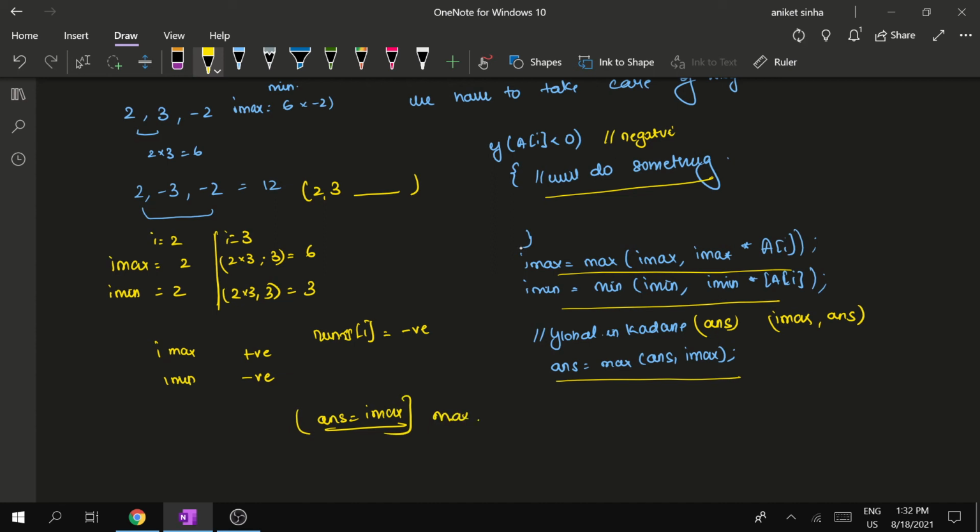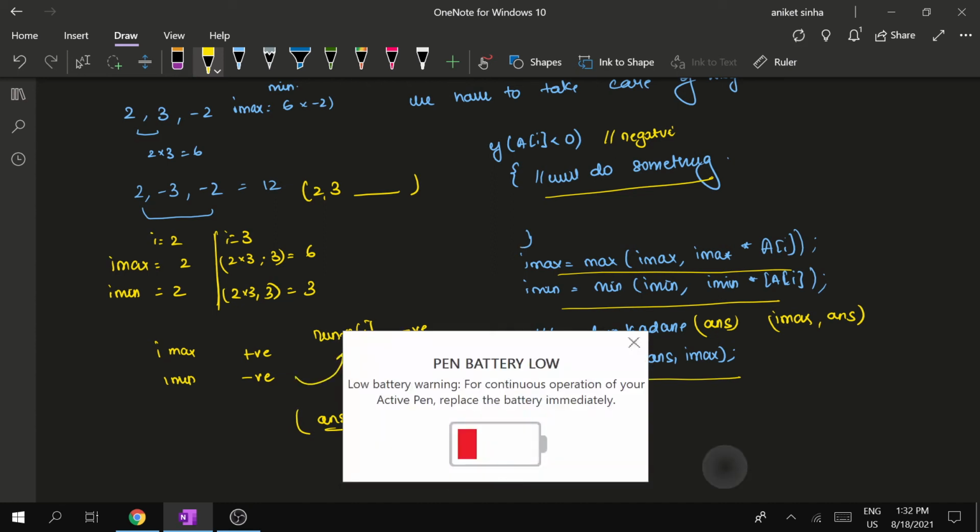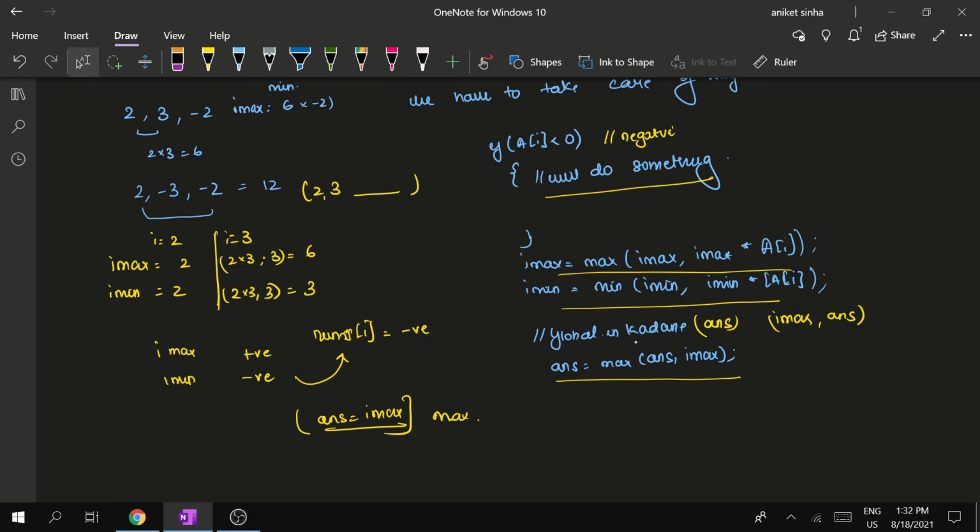But if we multiply IMIN till here, there is a possibility that we can actually obtain a value which is greater than IMAX, right? Because negative into negative just gives a positive value. And IMAX can be less than IMIN